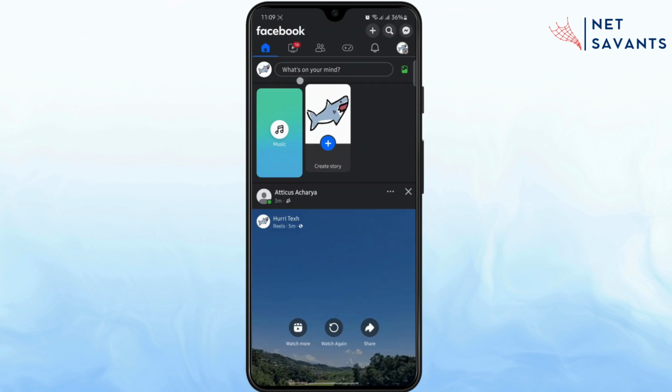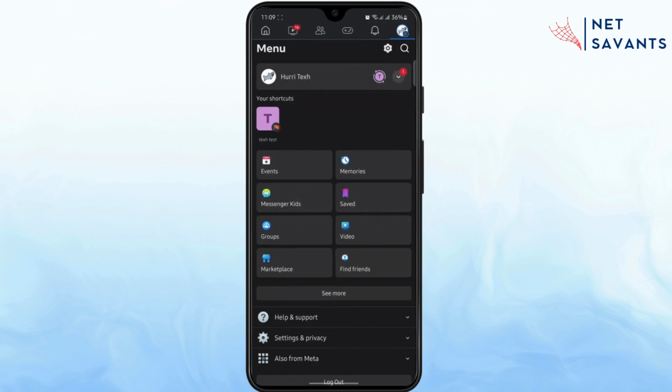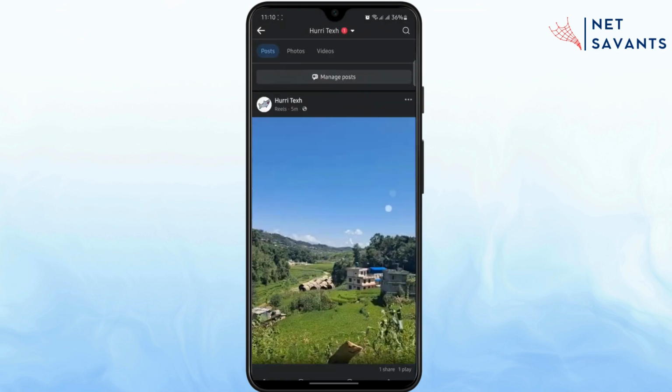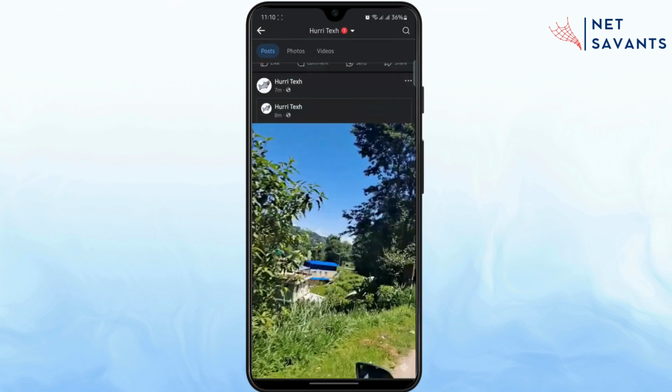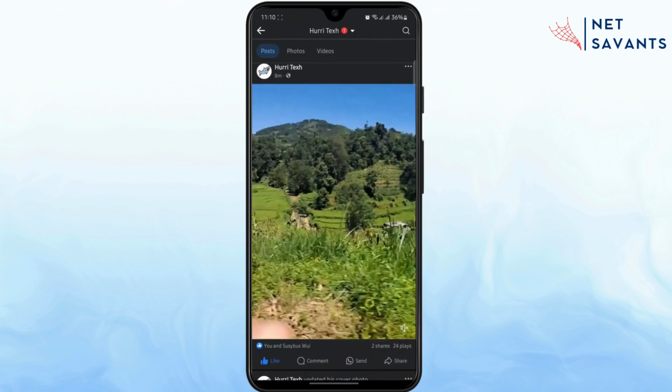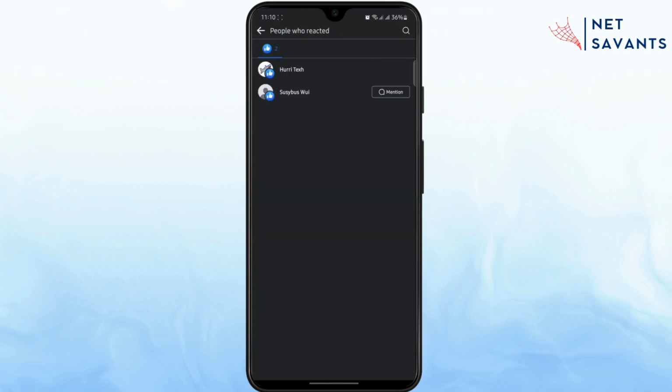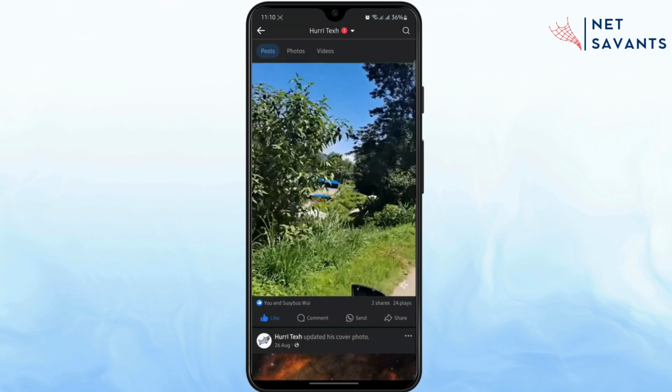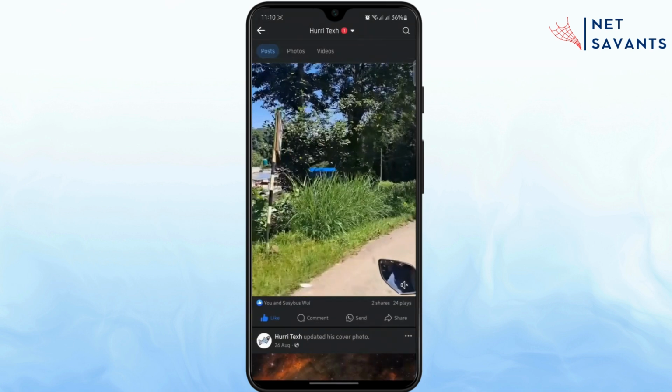So first, what you want to do is go to your profile and tap on your profile right here. If you scroll down, you can see all of your posts and reels right here. So this one, as you can see, it has 2 shares and 24 plays. So you can see who liked it, and in order to see who shared it, what you can do is just